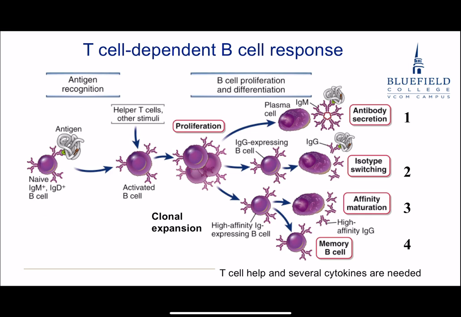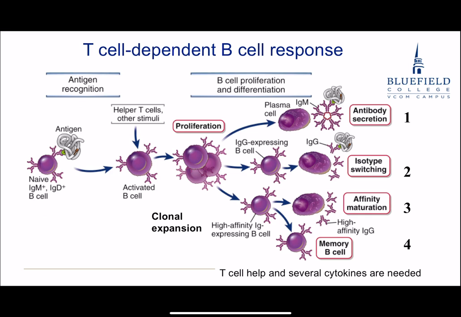The helper T cells can stimulate the B cells to start going through somatic hypermutation and affinity maturation and isotype switching, and then clonal expansion. When it gets to the clonal expansion part, it's already finished somatic hypermutation, affinity maturation, and isotype switching, it becomes a plasma cell, and it starts cranking out